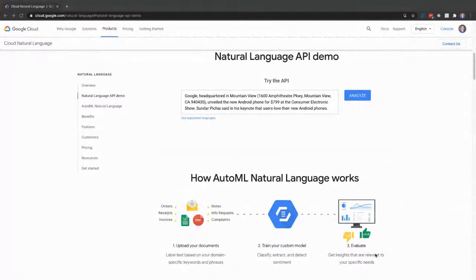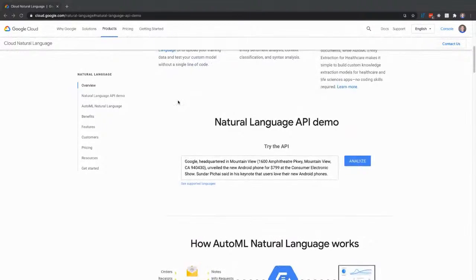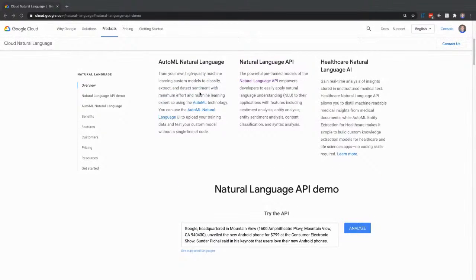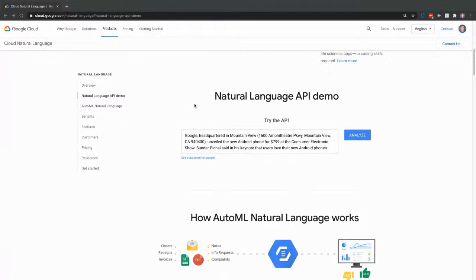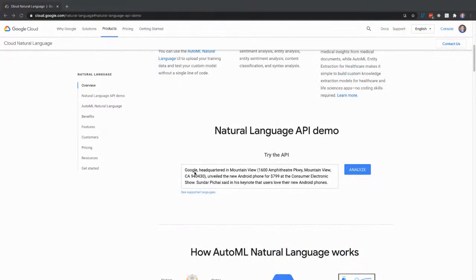Okay, so here is my screen. This is the natural language API demo. If you just look up the natural language API and scroll down on the main page, you can see the demo. This is basically just a dummy sentence that Google puts in. It's talking about them unveiling the new Android phone at CES. There's a lot of stuff going on here. It's got an address, objects, prices, an event,